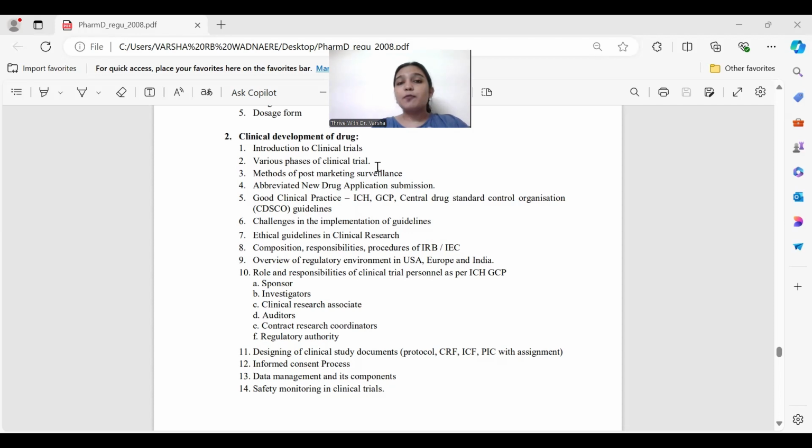Third is methods of post marketing surveillance. Once your drug is out in the market, how will you do that study to see people's reaction, how that drug is reacting in the patient? Because there are many drugs which get entered into the market, but after some amount of duration the drug gets banned. Why does it get banned? What are the guidelines and protocols for it